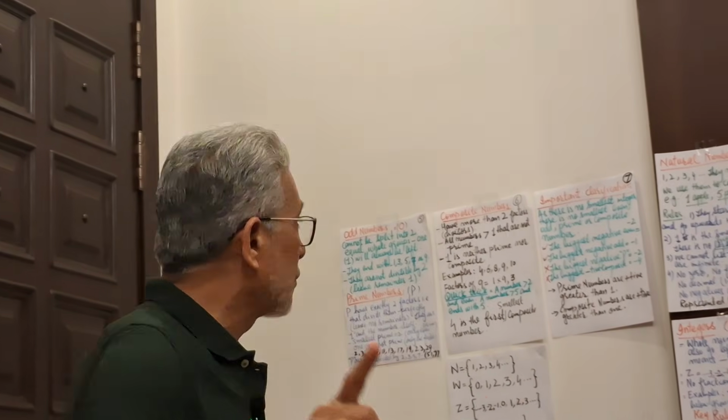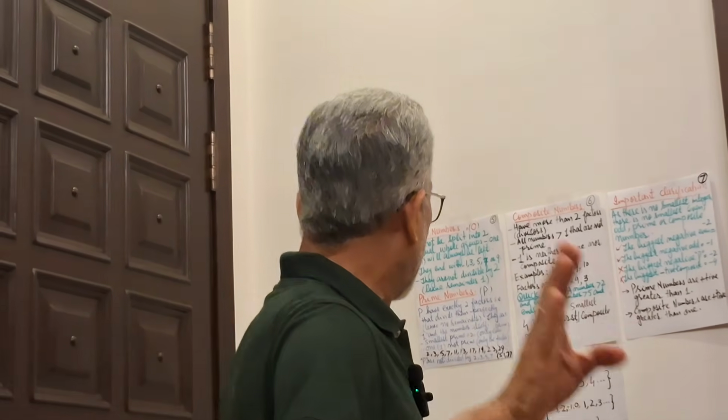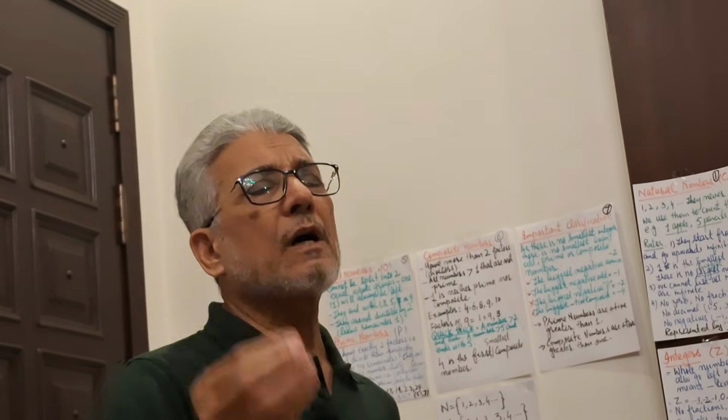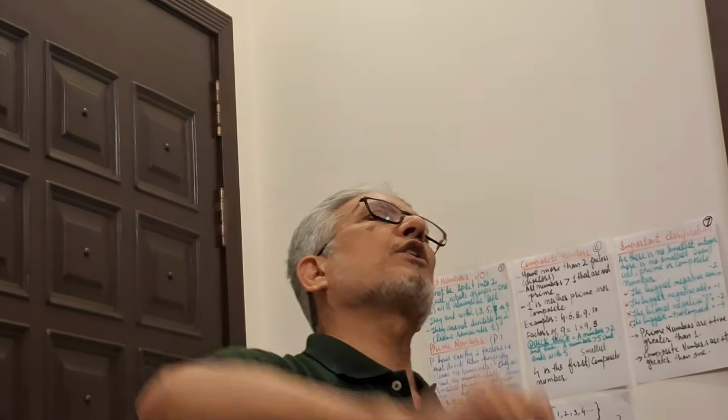Then I want to tell you a very important thing about the prime numbers. How can you find that this is a prime number? There's a big number in front of you, and you are asked to tell, is it prime or not? How will you tell? Okay, divide that number by 2 or 3 or 5 or 7. These are 4 numbers. If that number is divided evenly by either 2 or 3 or 5 or 7,